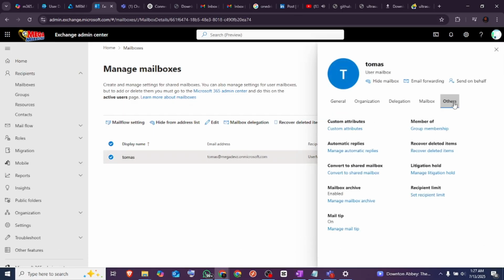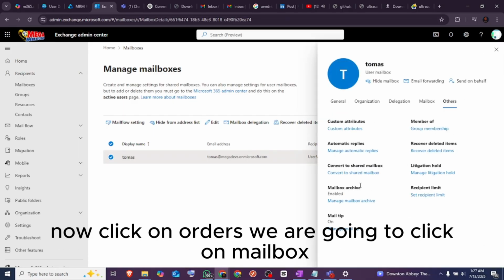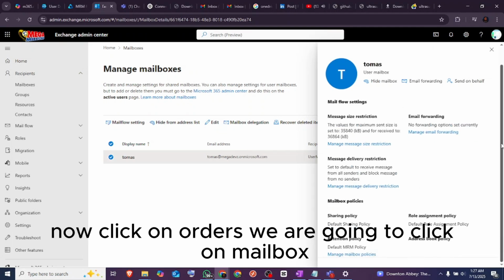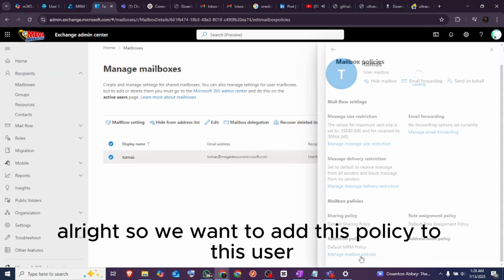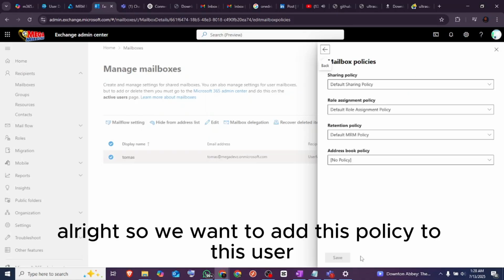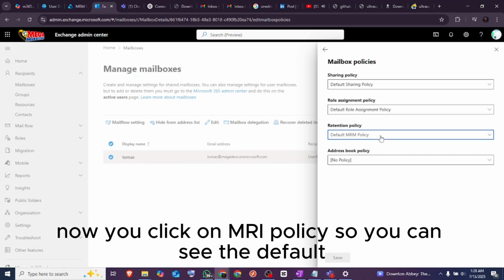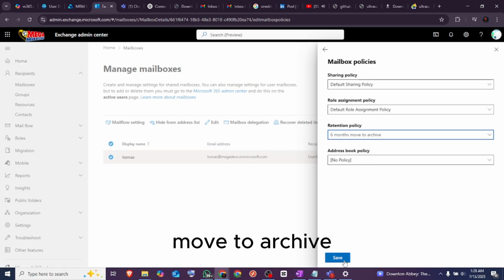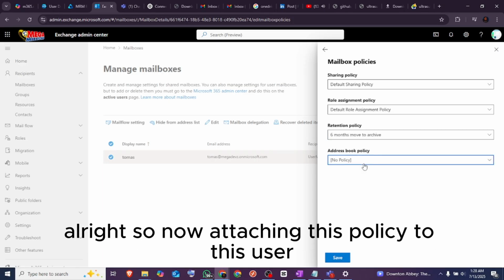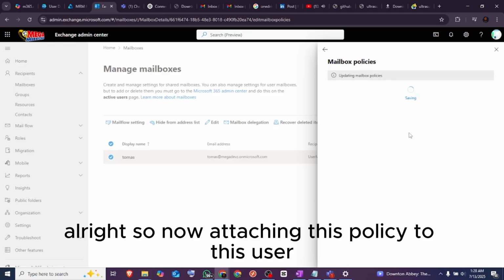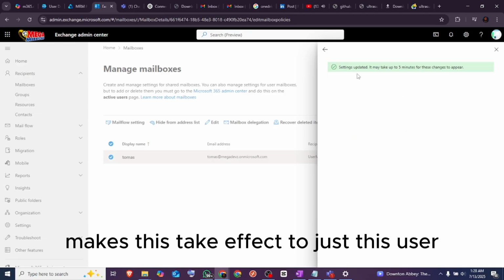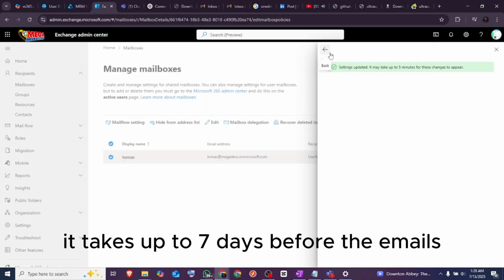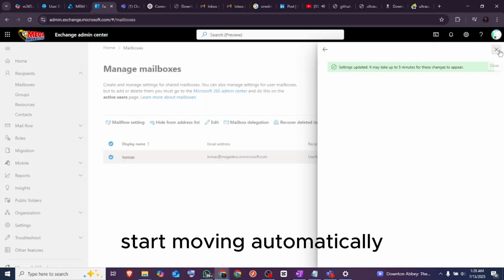Okay, now click on others. We are going to click on Mailbox. All right, so we want to add this policy to this user. Now you click on MRM policy, so you can see the default, but we are going to select the 6 months move to archive. All right, so now attaching this policy to this user makes this take effect to just this user. So when you enable archive, it takes up to 7 days before the emails start moving automatically to